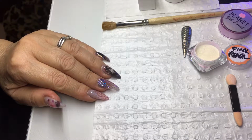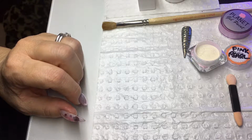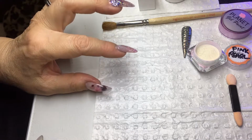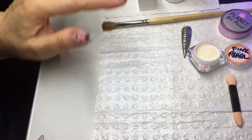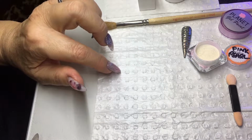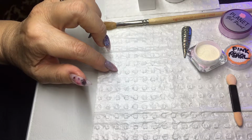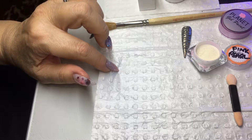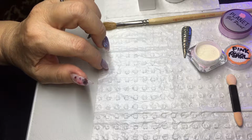You can use any pigment you like. You can use the pearl pigments, you can use the hollow pigments, you can use the Mirachrome. It doesn't really matter. For best results, make sure that you dust it all off and then you seal it. If you do a second coat, as long as you use a no wipe top coat, it'll finish even nicer. It'll look more solid, so to speak, so there won't be any little gaps or anything like that, as long as it's all rubbed in properly. Okay,